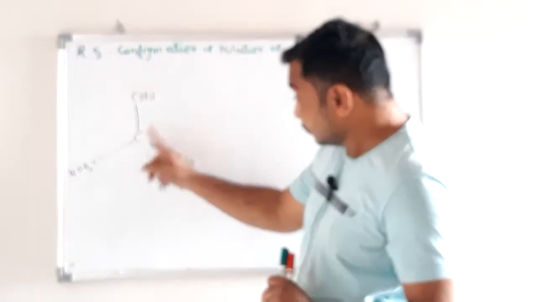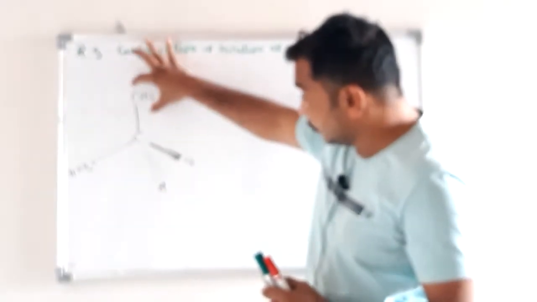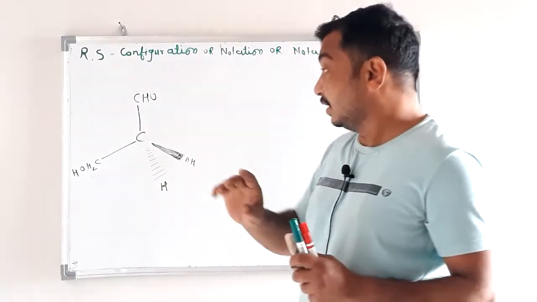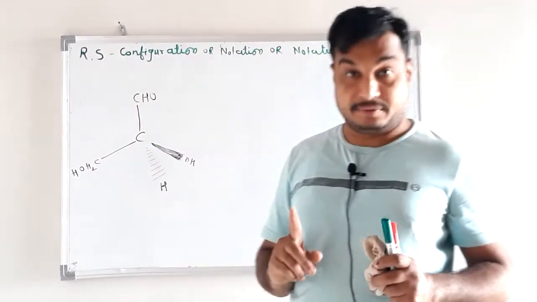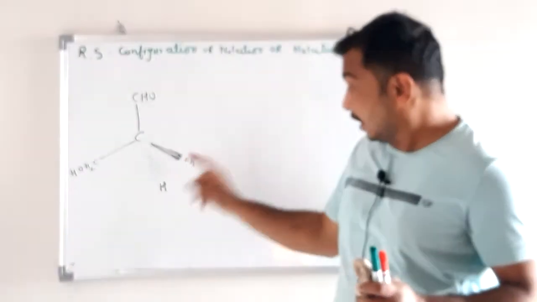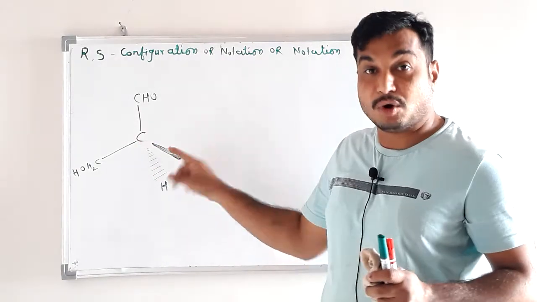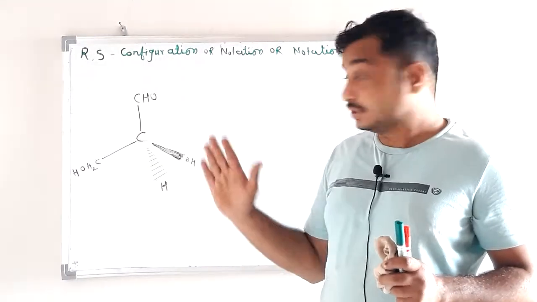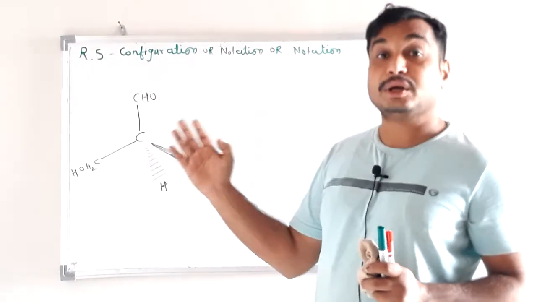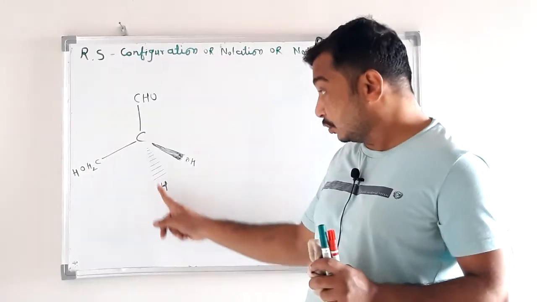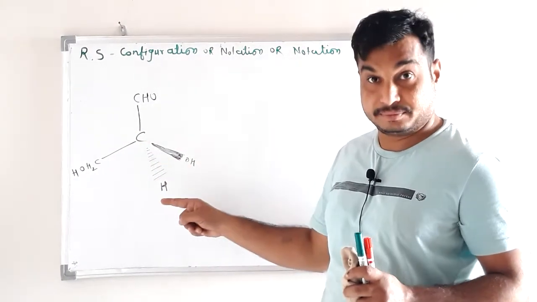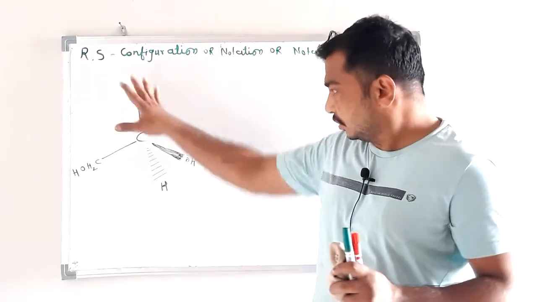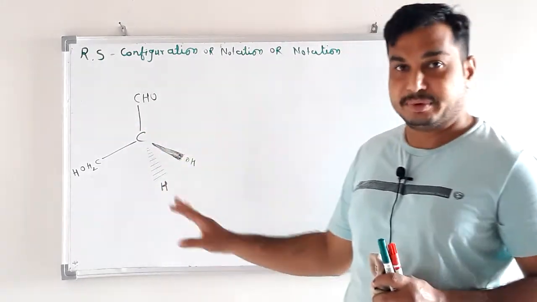So to this carbon, the aldehyde group and CH2OH are attached by simple lines. The meaning of this simple bond is that these two groups are in one plane. Recall. And the OH group is attached to this carbon by a wedge bond, a dark bond. It means it is on the front side, out of plane but moving toward the observer. This hydrogen is attached to carbon by a dash line, a rear bond. It means it is present on the back side, moving away from the observer. That was the notation I have already explained.